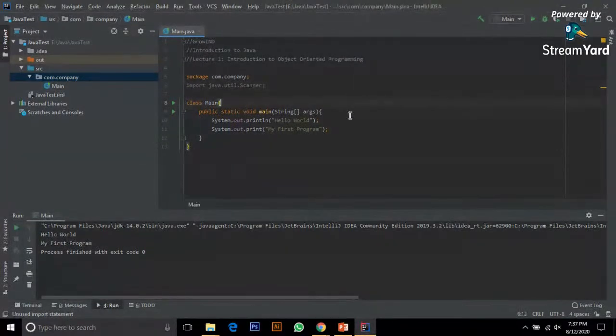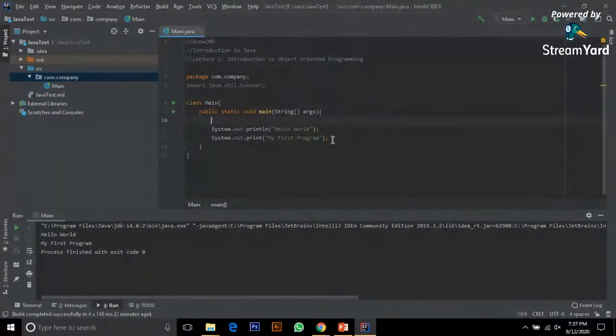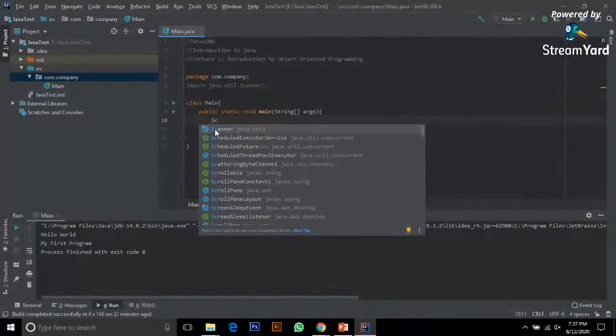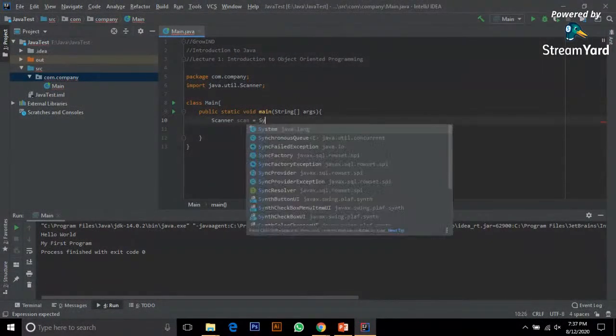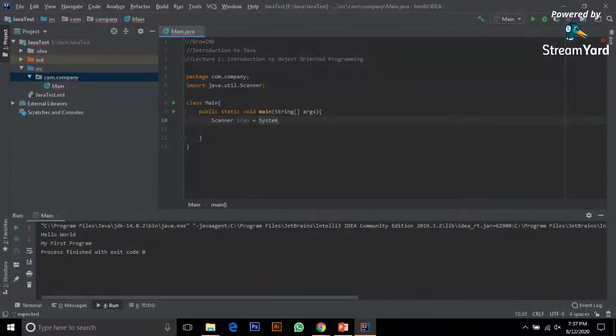So now I just erase this. Now I have to create a Scanner object, right? So how do we create an object? Basically in Java, first of all, the class name. The class name is Scanner, right? Now the object name, let's say scan, and then it is System dot